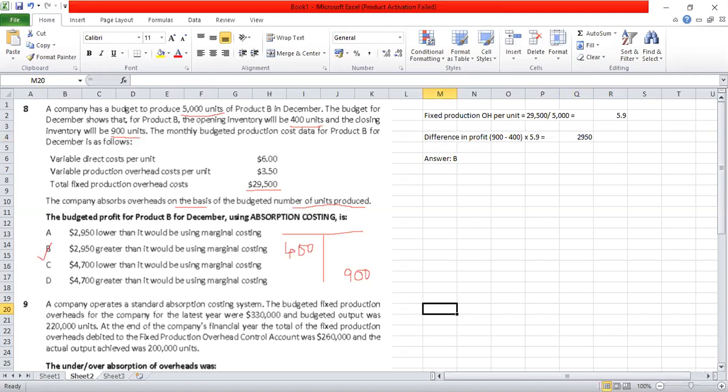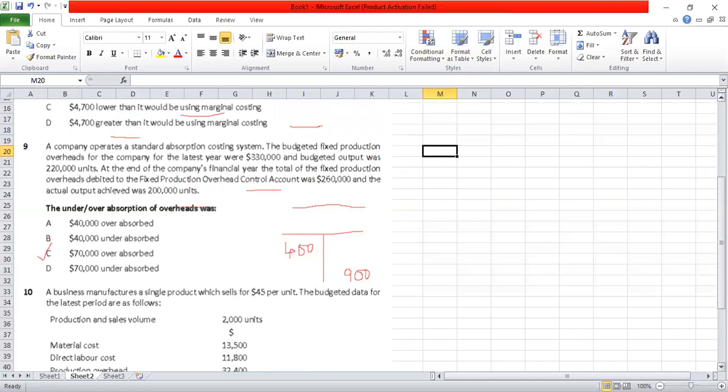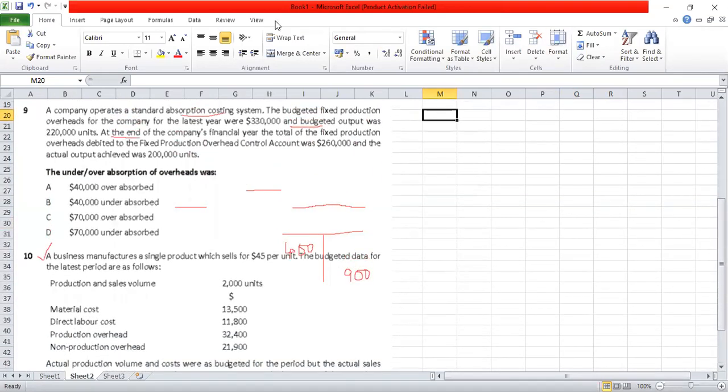Come to the ninth question. A company operates a standard absorption costing system. The budgeted fixed production overheads for the company for the latest year were 330,000 and budgeted output was 220,000 units. At the end of the company's financial year, the total of the fixed production overheads debited to the fixed production overhead control account was 260,000 and the actual output achieved was 200,000 units. The under or over absorption of overheads was